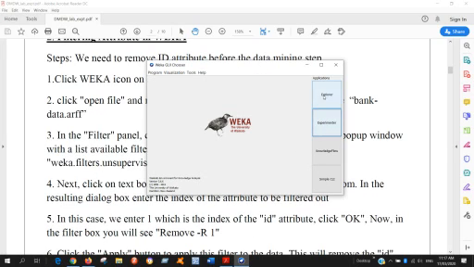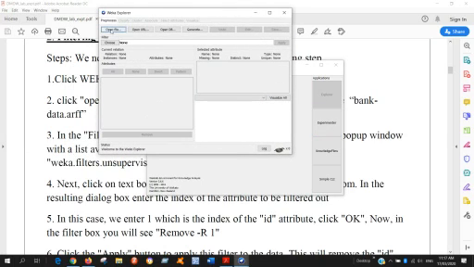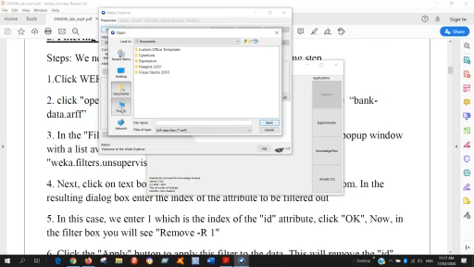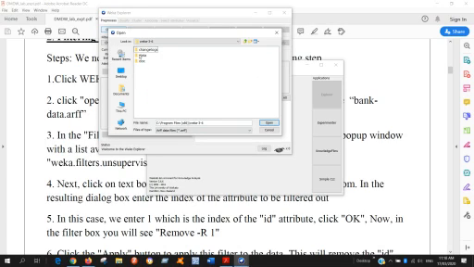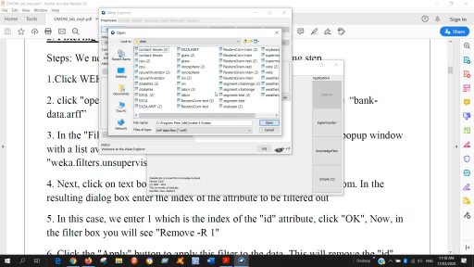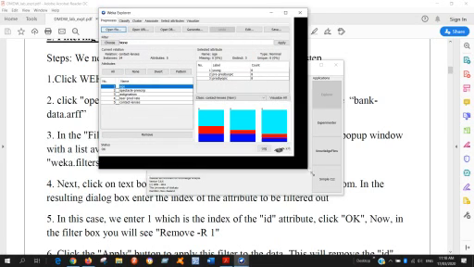Go to Weka Explorer, same procedure here also. Open the file, go to This PC, Windows C, Program Files, find the Weka folder here, go to data and choose any one of the programs. I can choose the same contact lenses program, but you can choose any one of the programs, girls, no problem. Open the program. So now your program was opened.